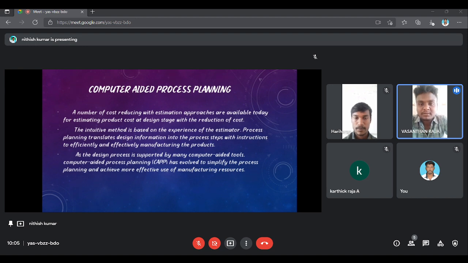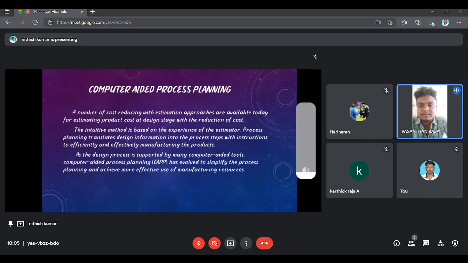The intuitive method is based on the experience of the estimator. Process planning translates design information into process steps with instructions to efficiently and effectively manufacture the product. As the design process is supported by many computer-aided tools, computer-aided process planning (CAPP) has evolved to simplify process planning and achieve more effective use of manufacturing resources. Next,